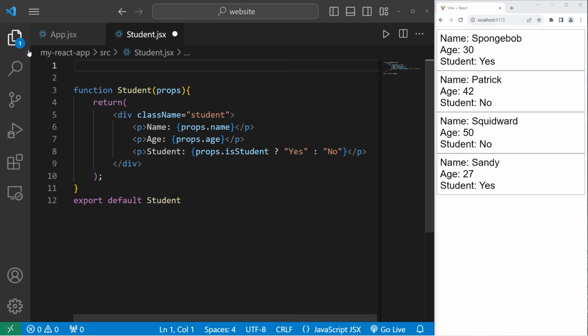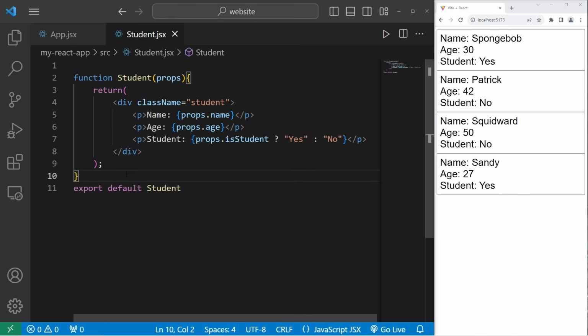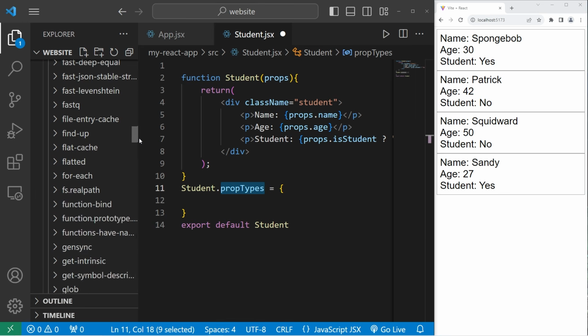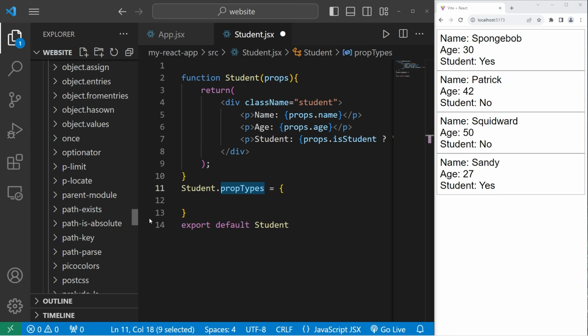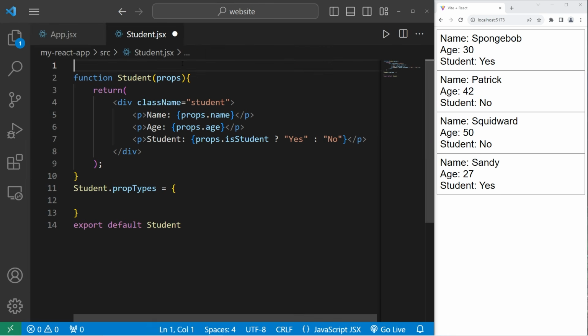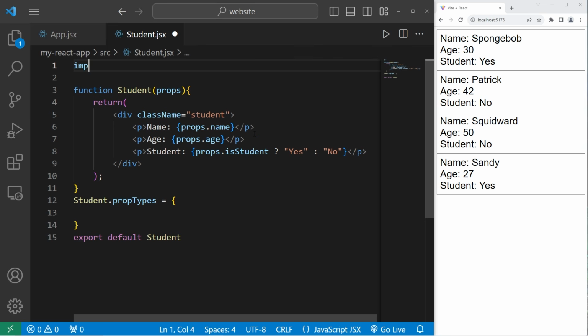So here's how to create propTypes. After our student function, we'll type the name of the component, student.propTypes equals curly braces. Now we do have to import propTypes. It's found within the node modules folder. Where is it? This should be in alphabetical order. There it is, propTypes. At the top of our JSX file, we will import propTypes from